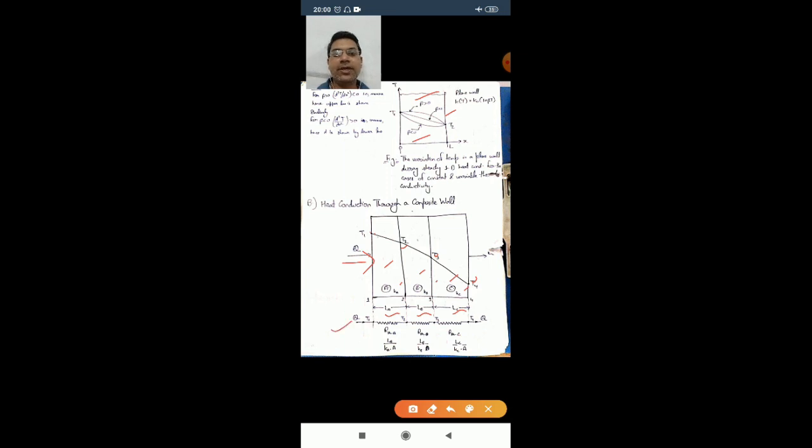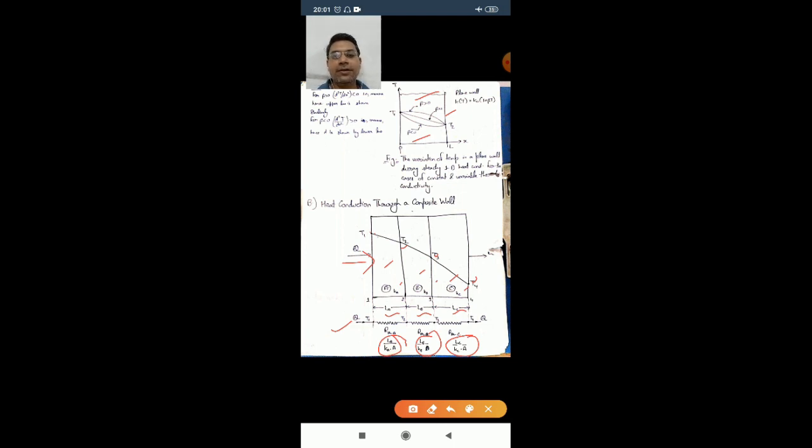Students, you must be familiar with this network system as it will help a lot in solving various numericals, but this type of solution may fail in complex systems. So the resistance of the composite wall system is shown to be La over Ka into A, Lb over Kb into A, and Lc over Kc into A, assuming that the area is constant. The equation is written in this form.